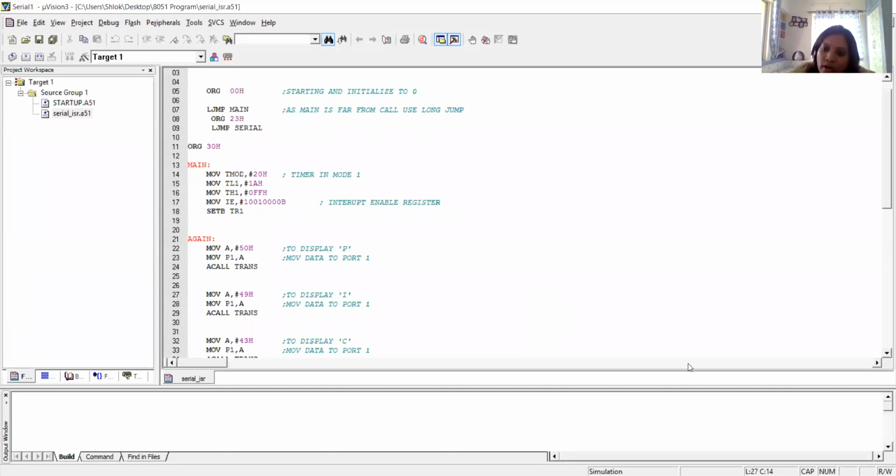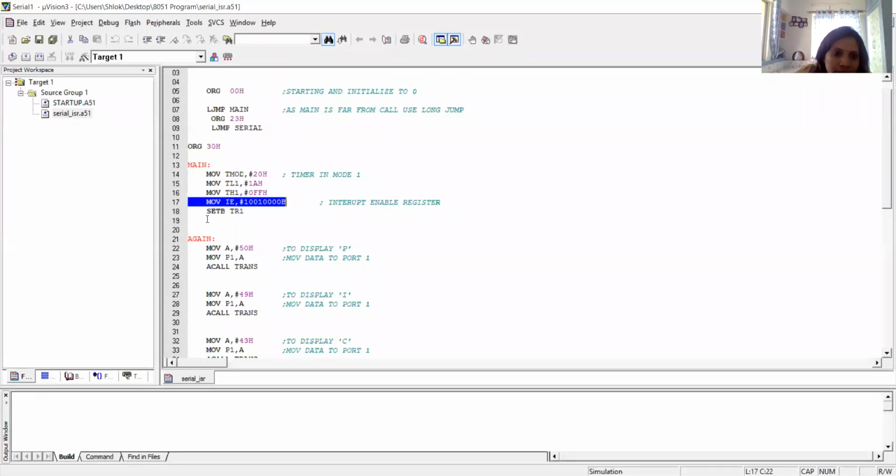The jump occurs automatically because this TI bit is set to 1. Now see, in this code one more statement is added in your initialization part, that I forgot to explain. That statement is MOV IE, #10010000. This is interrupt enable. What does interrupt enable mean? This will enable the serial port interrupt. I will share the PPT with you.